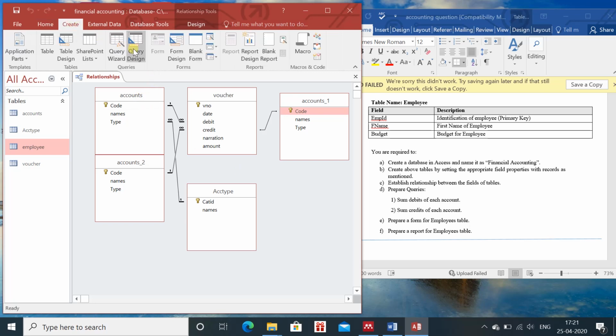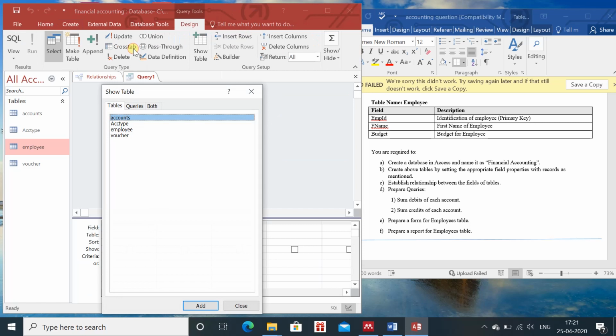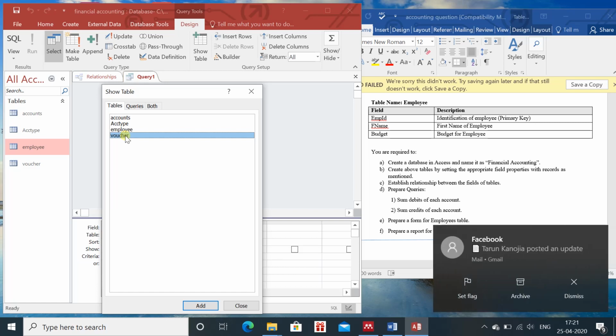For that we have to go to the query design, create and query design, and we have to add the table. And in the question you can see that they're asking you the sum debits of each account. So every account means, suppose the bank account, what is the total of the bank account, what is the total of the cash account. So when they are debit, what is the total. So we can do that with the help of the voucher table, add.